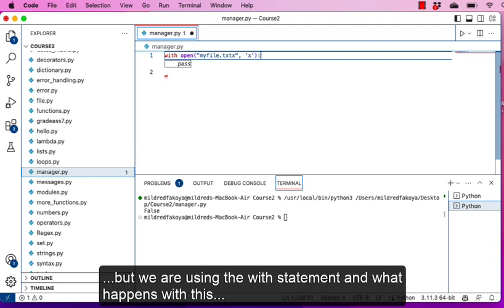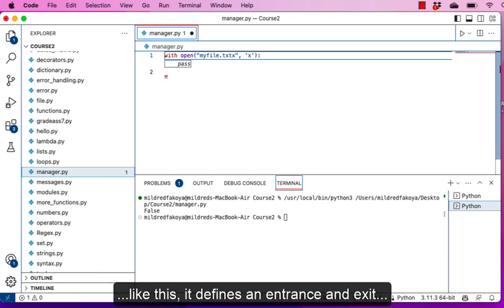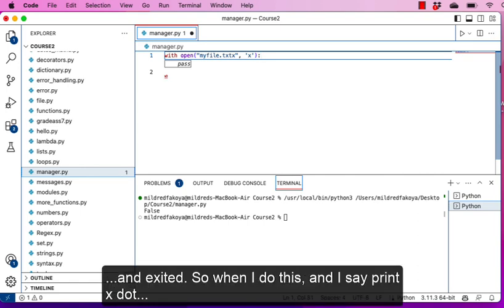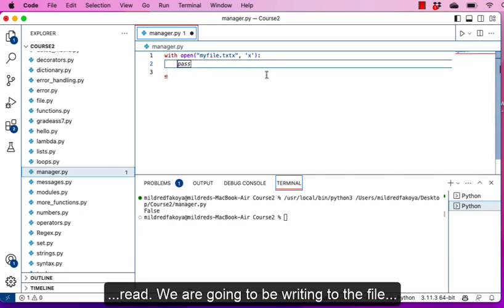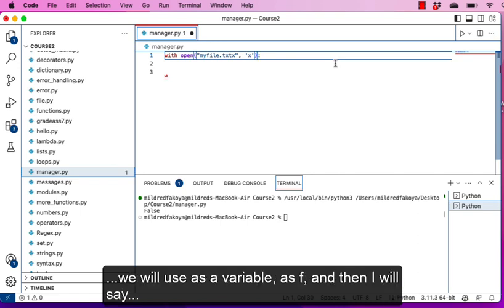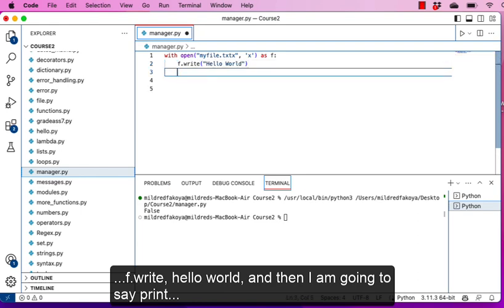What happens with this is that once you use a context manager using the with statement like this, it defines an entrance and exit step, which is run automatically when the with block is entered and exited. We are going to be writing to the file, and we use the as keyword to alias it. Instead of creating a variable, as f, and then I'll say f.write("hello world"),